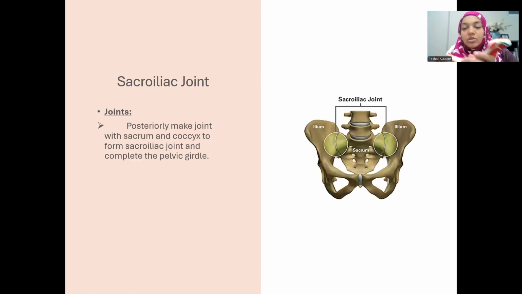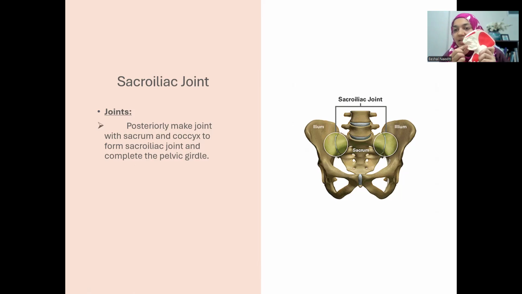Moving on to the sacroiliac joint, when we talk about the hip bone, we can see that there's a rough area here. This rough area is called the sacropelvic surface. The smooth area is the iliac fossa, where the iliacus muscle attaches, and this other area at the back of this bone, at the back side, or I would say outer lateral side, is the gluteal surface. So this is the gluteal surface. This is the iliacus surface or iliac fossa, and this is the sacropelvic surface.